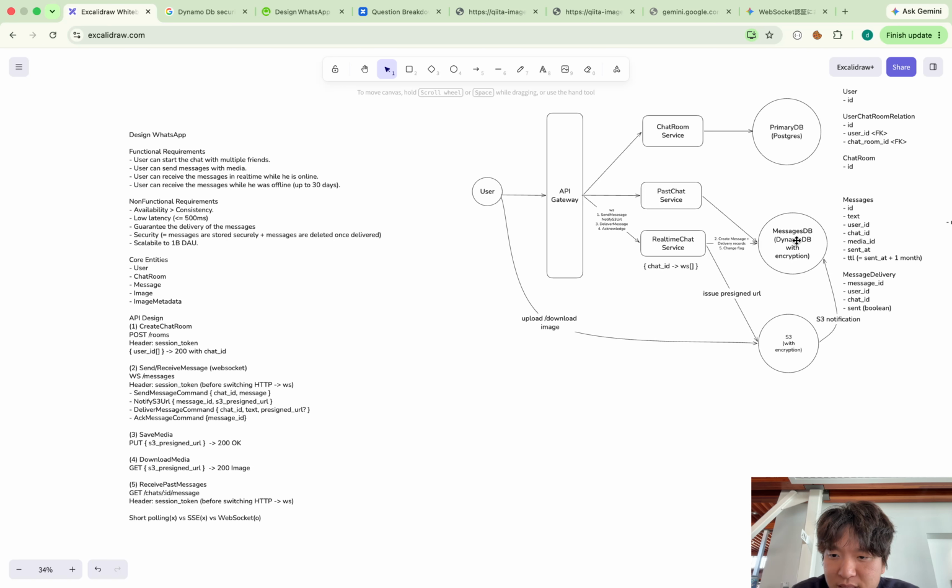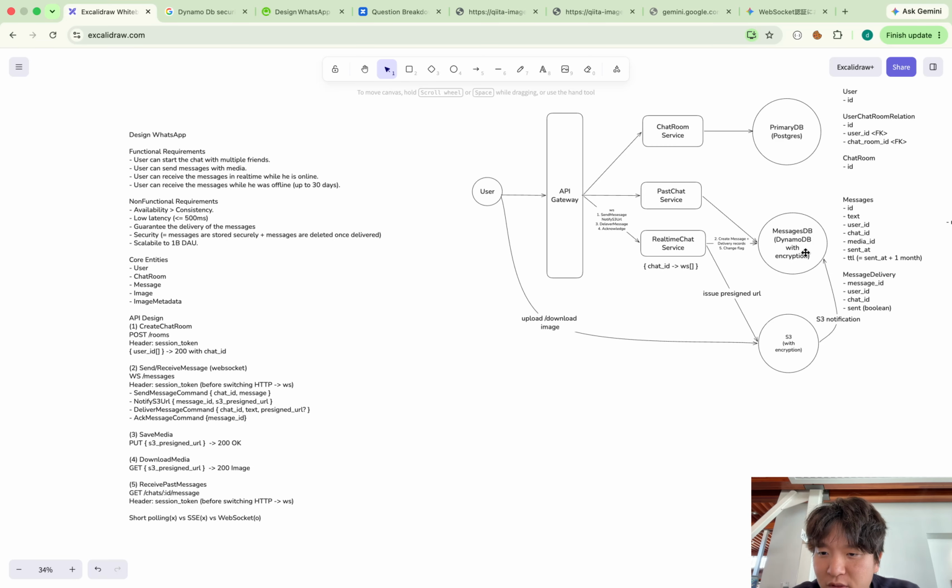PostgreSQL completely works, but let's say the messages grow more and more and we have to use sharding. For sharding, DynamoDB is much easier because all we have to do is set the partition key, and internally the data is partitioned based on a kind of consistent hashing algorithm. But for PostgreSQL, the application side has to manage the sharding, so we have to write the logic to do the sharding in the application code.